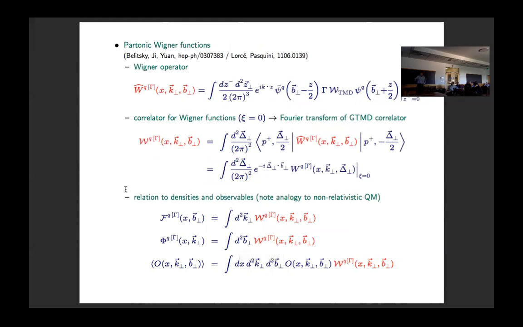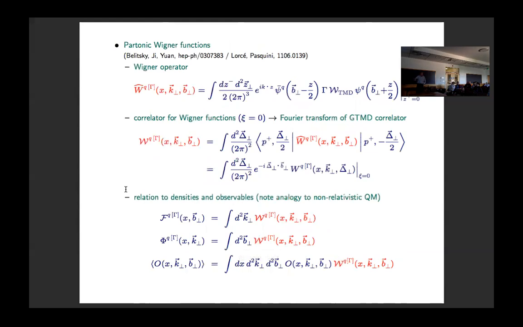And now, of course, we have to sandwich here a gamma matrix to get a scalar and to worry about gauge invariance. And now people take this operator, and I'm just presenting what's been done; I was not an inventor of that. And evaluate it between hadron states that have the same plus momentum. So we put psi to 0, and we have just a transverse momentum transfer.